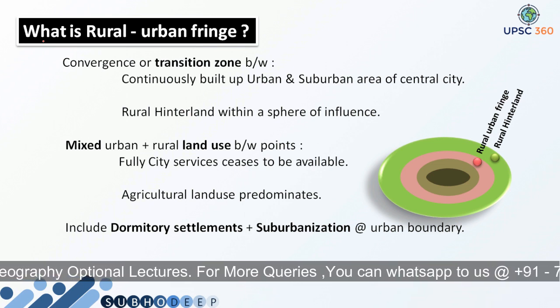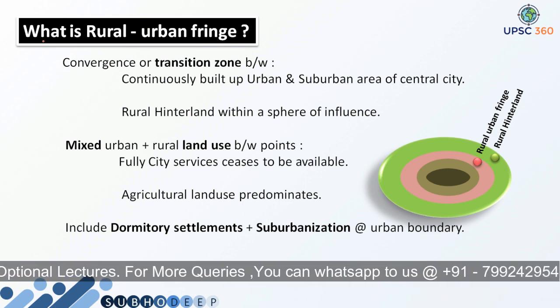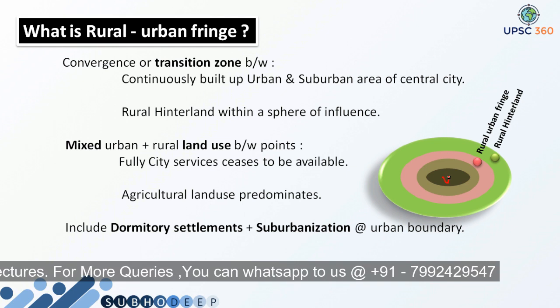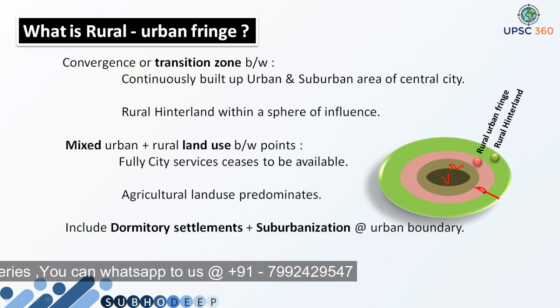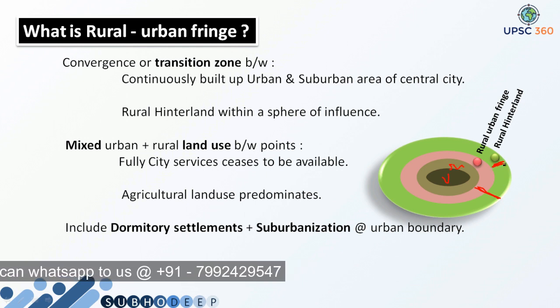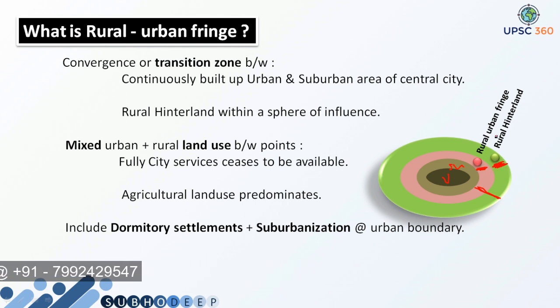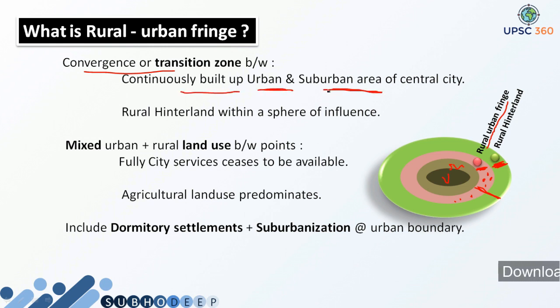Though we have brainstormed this in the session, this is the rural-urban fringe, where this is the urban area, this is the suburban area, and this is the absolutely rural hinterland. This pink part is the region which falls under the categorization of rural-urban fringe, where rural as well as urban characteristics are easily observed. So this is basically a transition zone between the continuously built-up urban and suburban area of